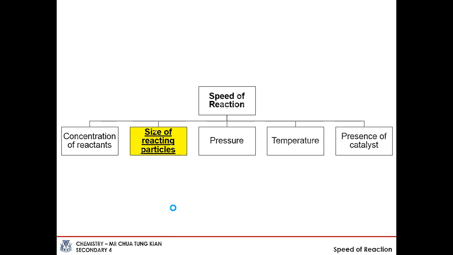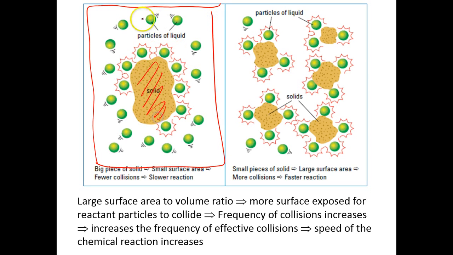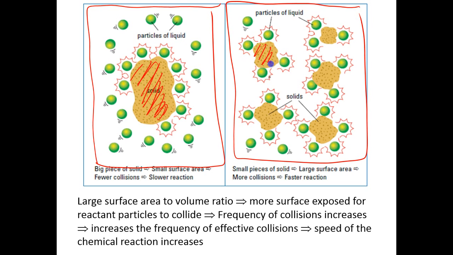So now let's move on to the next factor which affects the speed of reaction, which is the size of the reacting particles. So imagine this. If you recall earlier, for a reaction to take place, the particles must collide. So if you were to observe the first diagram over here, I have a huge lump of solid, and I have many other reacting particles trying to collide with this solid reactant. Versus this case, when I have many small solid particles, and I have an equal number of reactants in liquid state trying to collide,